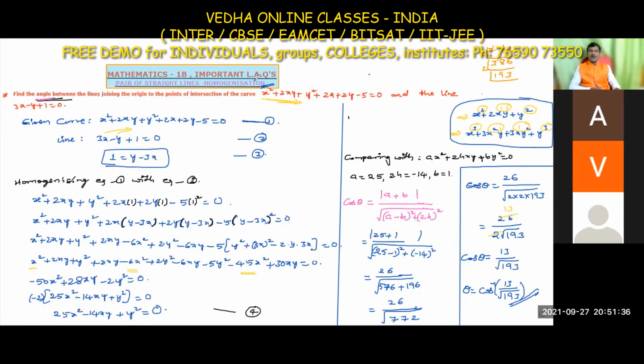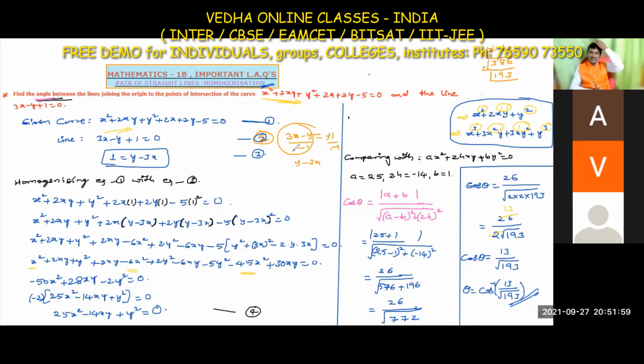Okay, so after that write the line and take it as equation number 2. After that, find the value of 1 from the given equation. Either you can take it like this: 3x minus y is equal to minus 1, dividing by minus 1, minus minus cancel. So if you multiply by minus, again we get y minus 3x.